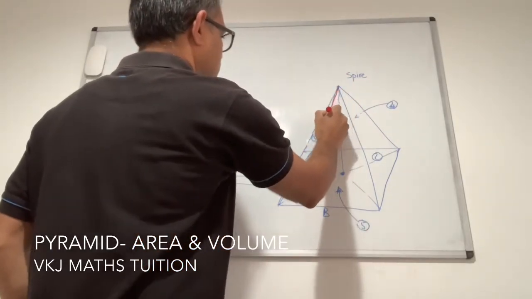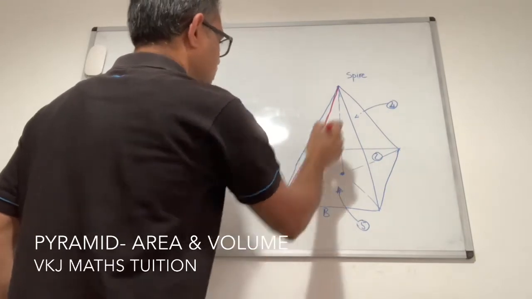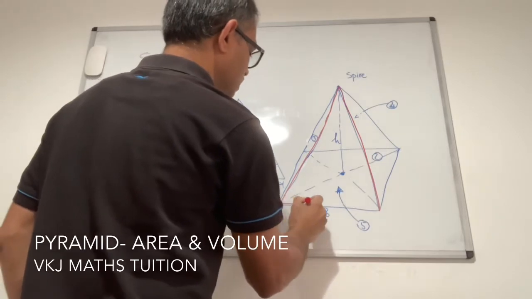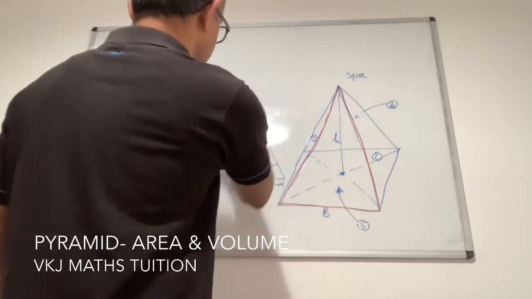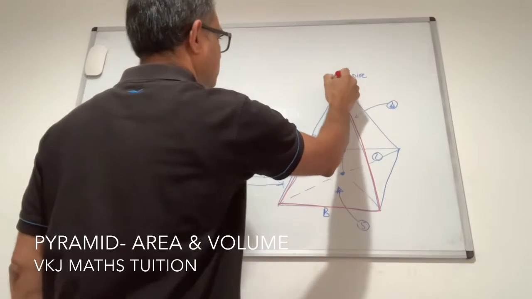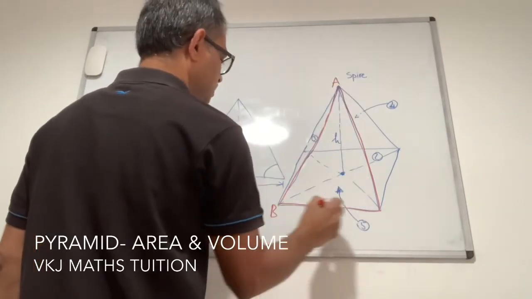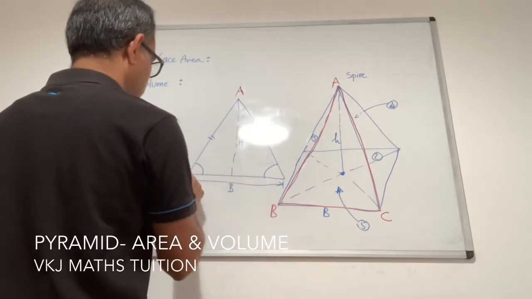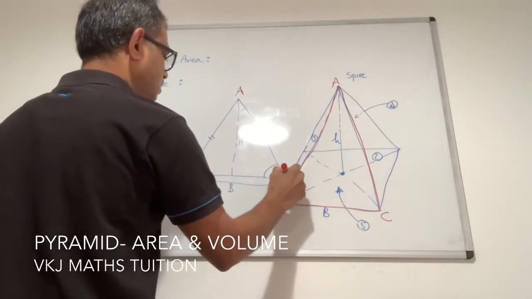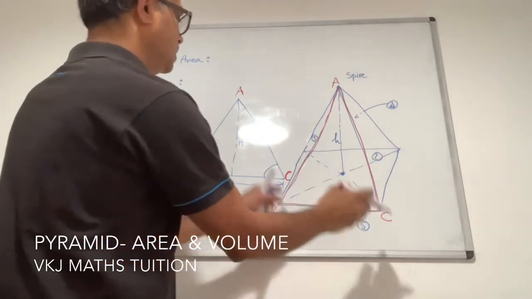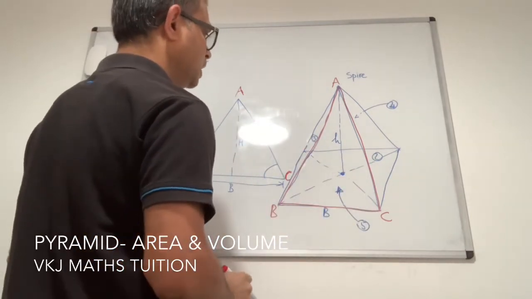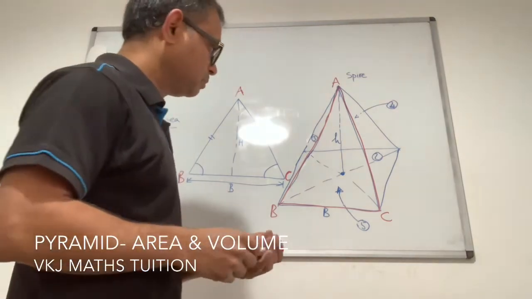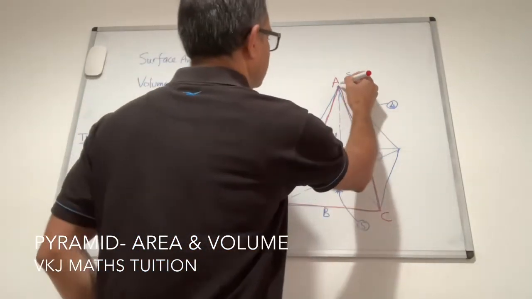So this is your isosceles triangle, which I am using. This is your isosceles triangle. I can say A, B, C. That is the triangle which I have placed here, and I have to calculate which height. Did you get that? What height I am talking about? I have to calculate